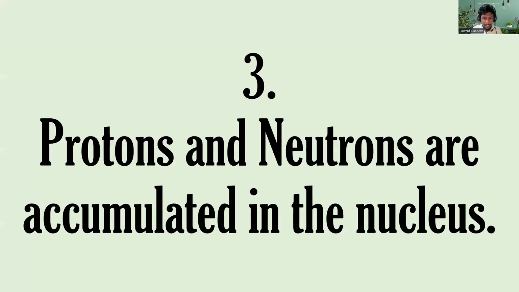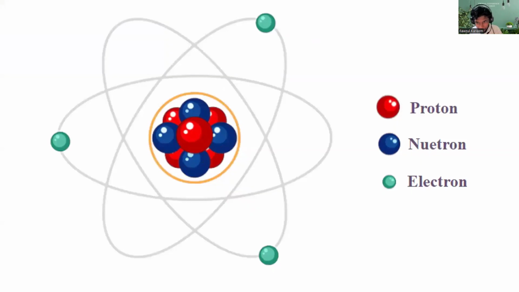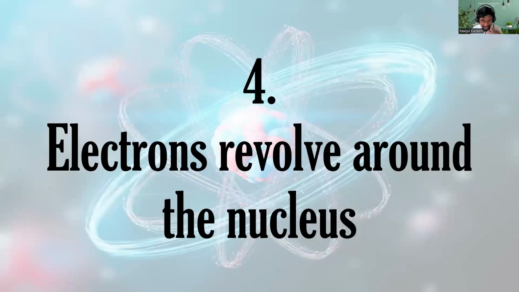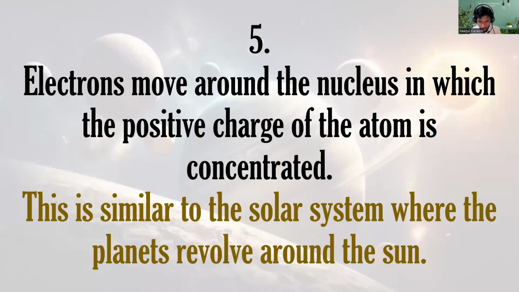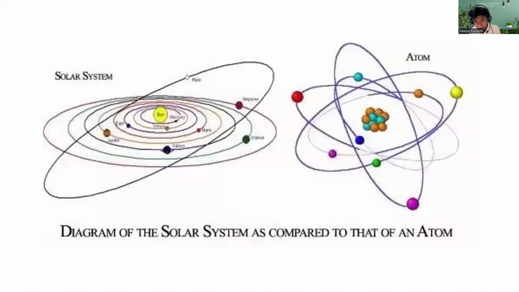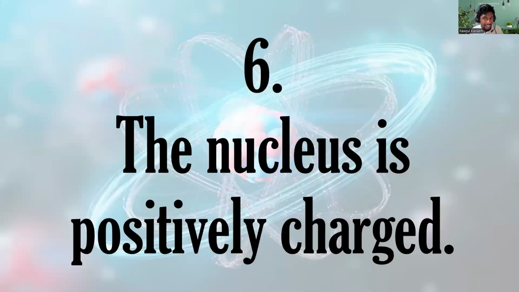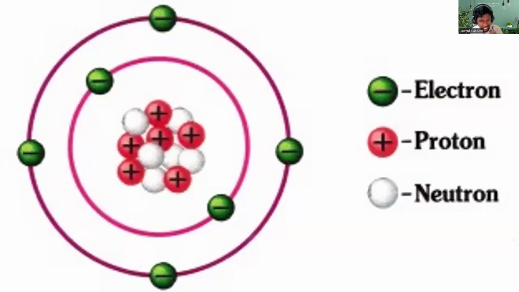Right. And third one, protons and neutrons. Already I explained this one, right? Proton and the neutron are at the center, called the nucleus. And electrons revolve around the nucleus. And they compare the atomic model with the solar system. Sixth one, the nucleus is positively charged. Why does the nucleus become positive? Because of the protons. Because of the protons,